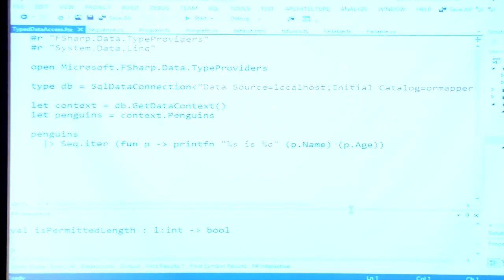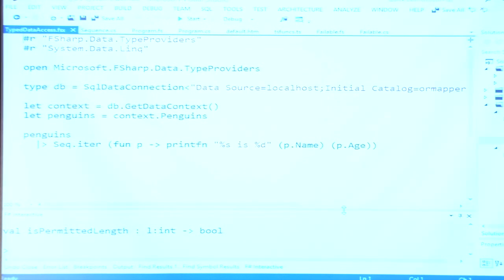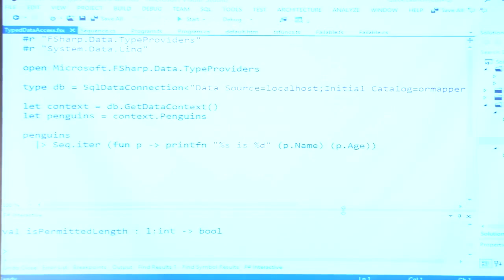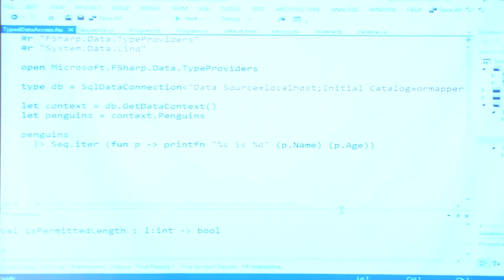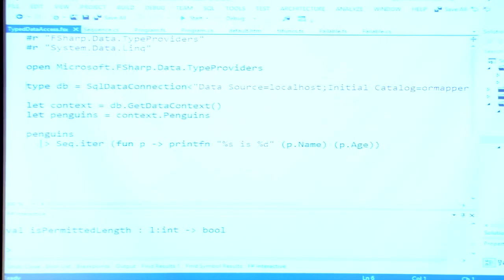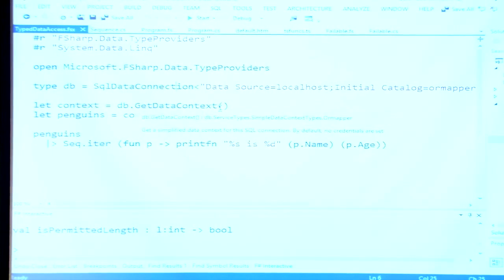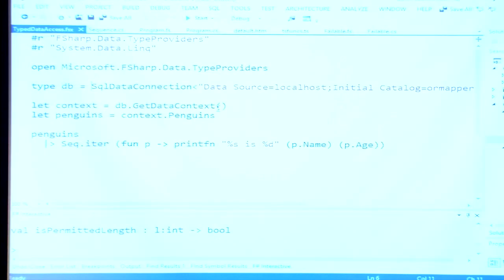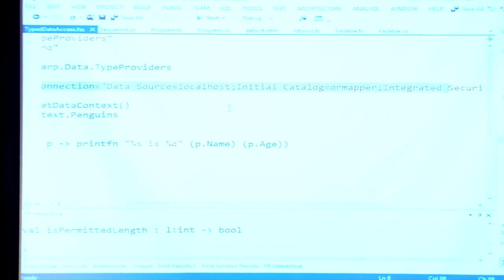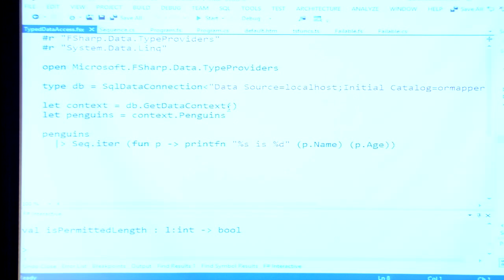And it's awesome to see C# gaining that capability as well, because a lot of people would like to have that, but are not able to devote the time to learning F#. Anyway, in the type providers, there's this thing called the SQL data connection type provider. And I can say, I want you to take that type provider and I want to pass it this connection string.